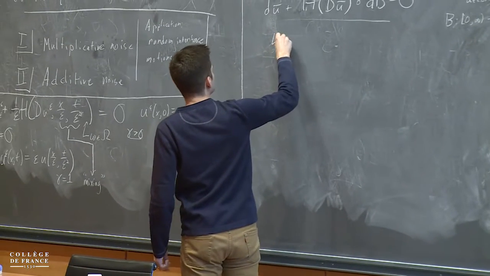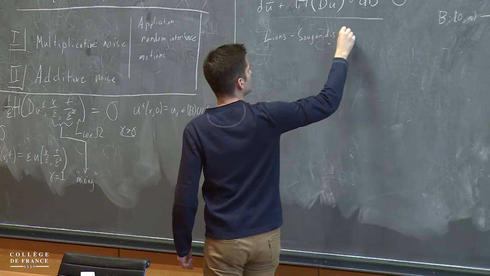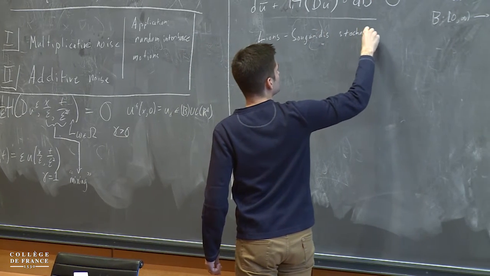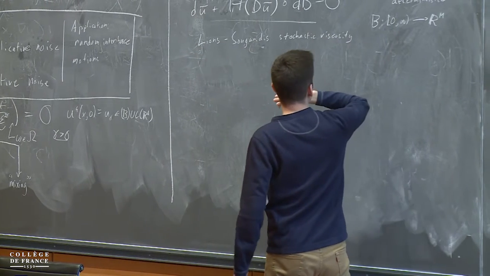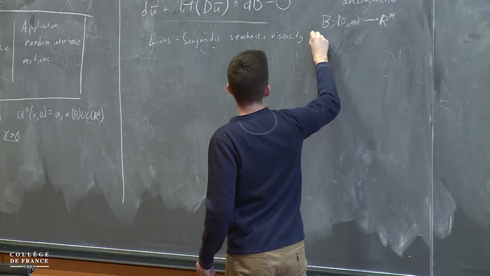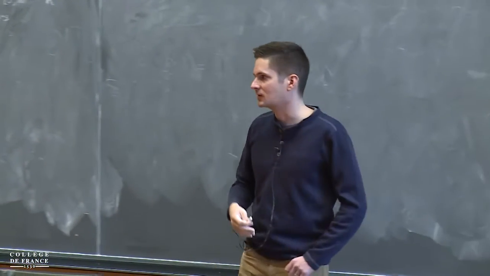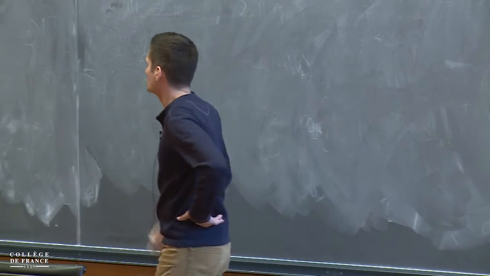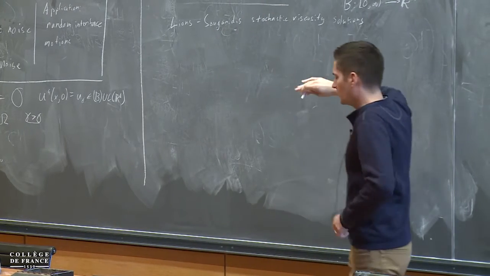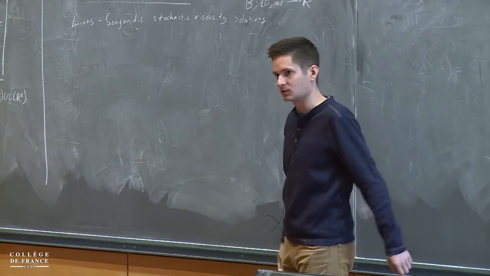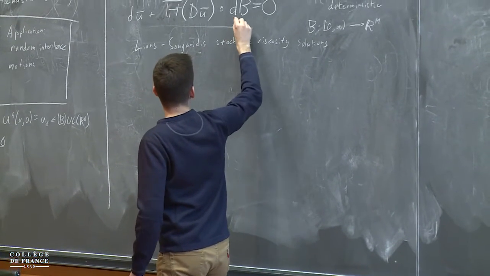So this will be with the theory of Lions-Souganidis stochastic viscosity solutions, which, of course, the aspects of this theory and the well-posedness of the equation is a topic with which one can and has been done fill a whole course. So of course I'm not going to get completely into this. Suffice it to say that the main aspect that we should know about these equations is their stability under local uniform convergence, and especially stability with respect to the different data in the equation, the most notable one being this path.